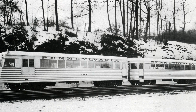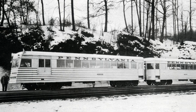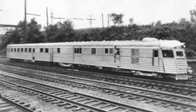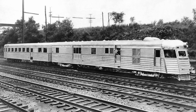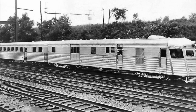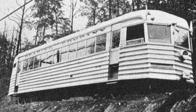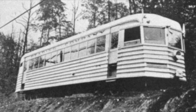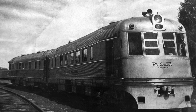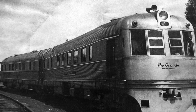In 1932, Budd created another self-powered vehicle for the Pennsylvania Railroad and Reading Company. Budd partnered with French company Michelin to acquire rubber tires for their vehicles. Mechanically, these vehicles were reliable, with all their problems coming from their Michelin rubber tires, which suffered from frequent blowouts and caused derailments. Then Budd tried again, this time using traditional steel wheels, and in 1941, they created the Prospector